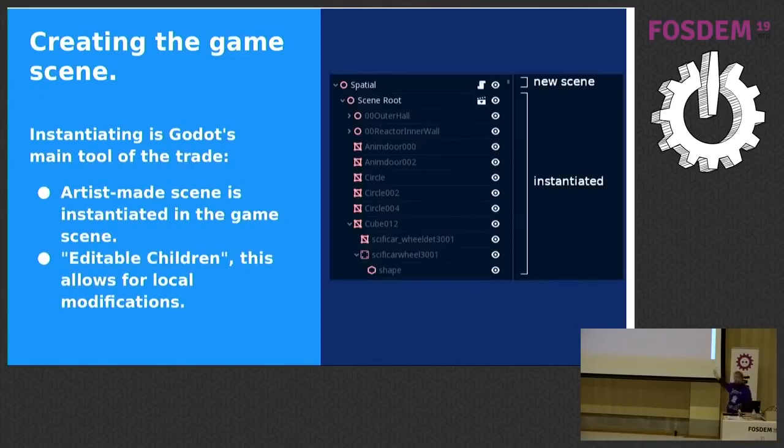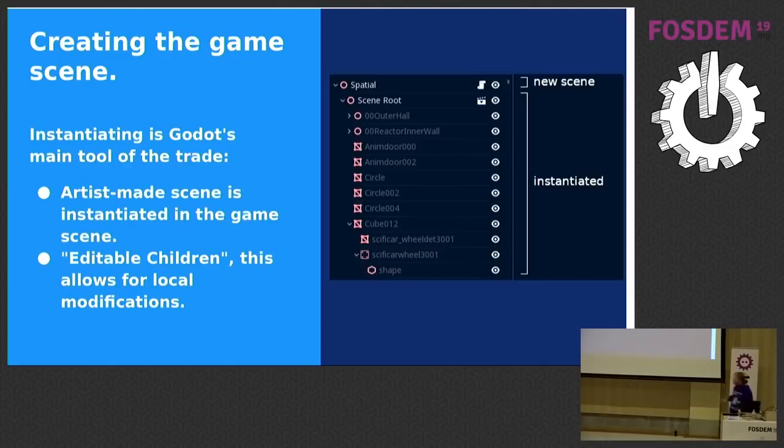In Godot, you have something called instancing, like the scene that was imported. You can't touch it because you can't edit the Collada or the GLTF file. So what we do is just instantiate that scene into another one, which is very common in Godot. You set it as editable, and you can make local changes in the new one. This way, you can edit without changing the original scene that was exported from 3D.